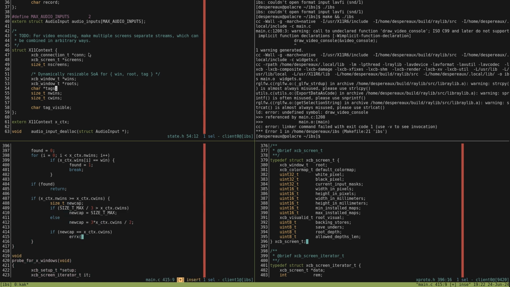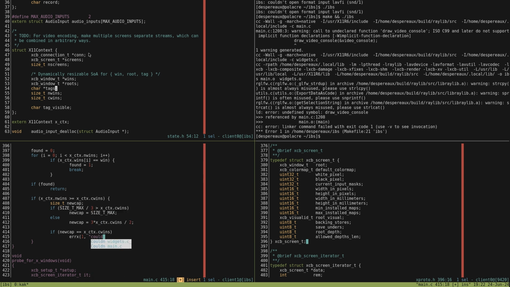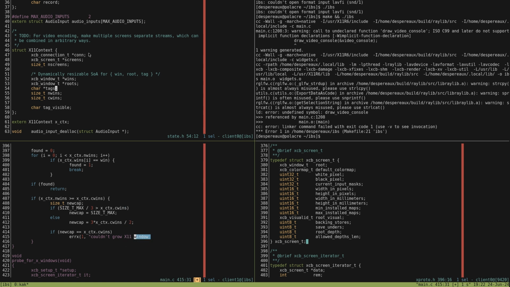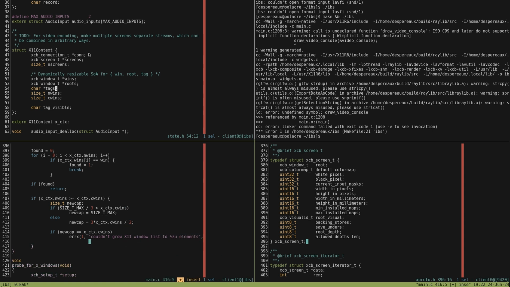Error: couldn't grow X11 window list to elements. It should only happen in the case